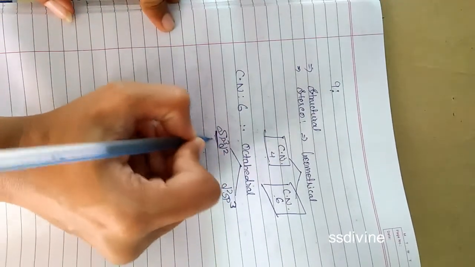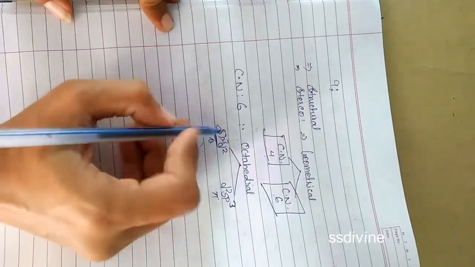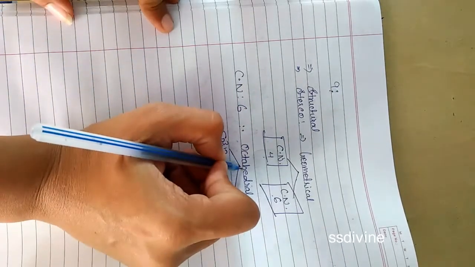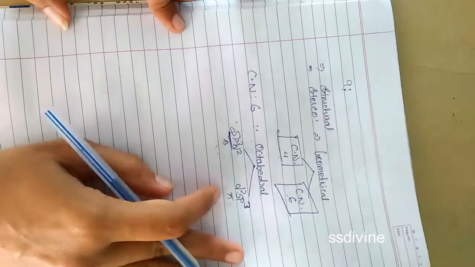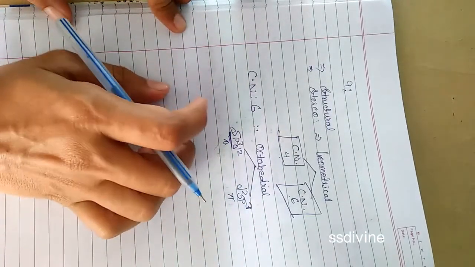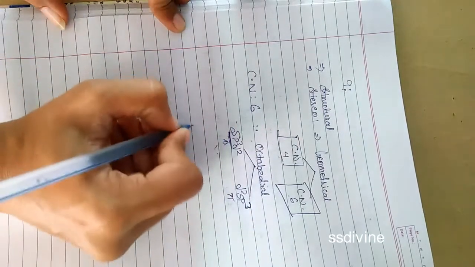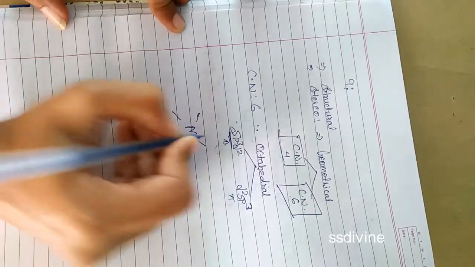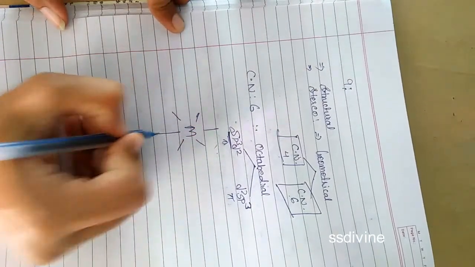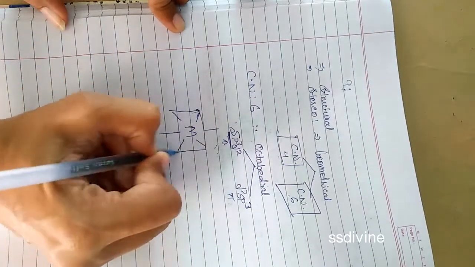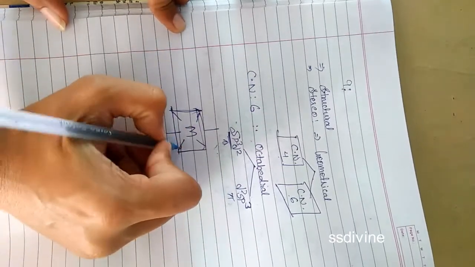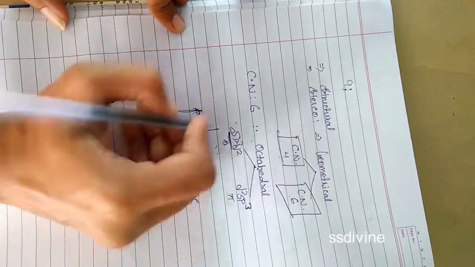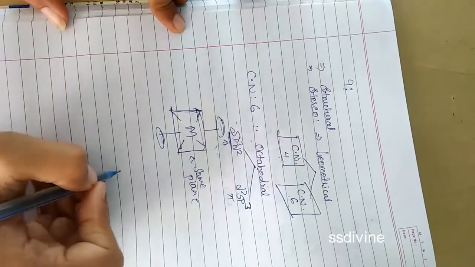So today we are having two types of hybridization, that is sp3d2 and d2sp3. Now the geometry is octahedral. So what kind of isomerism will you find in this? Let us discuss. Suppose this is your central metal atom, so the geometry is octahedral like this. 4 atoms are there in the plane, and one above the plane and one below the plane. Here these 4 ligands which are present over here are in the same plane, right? So one is above the plane and one is below the plane.